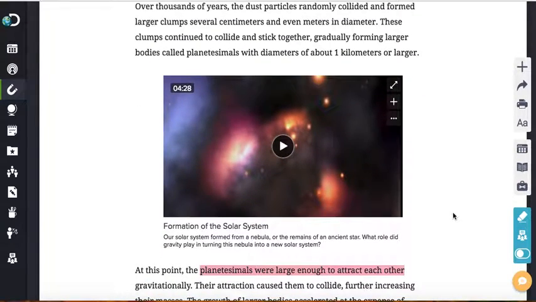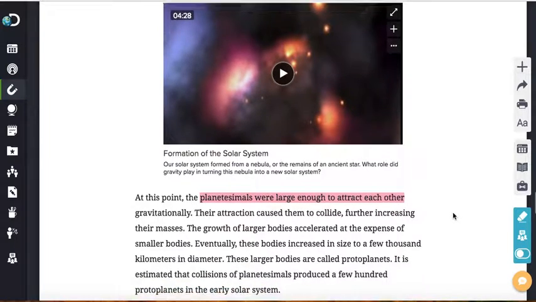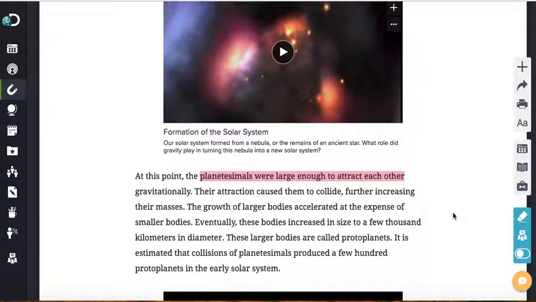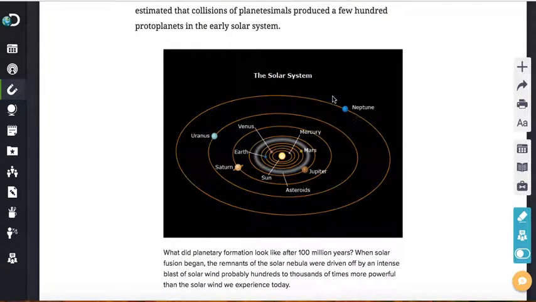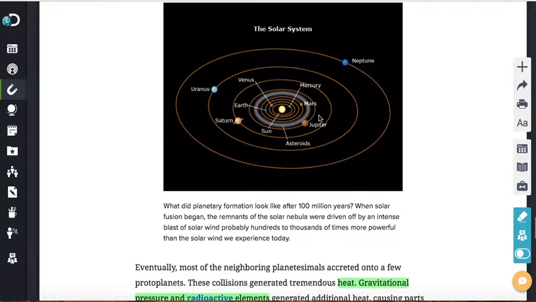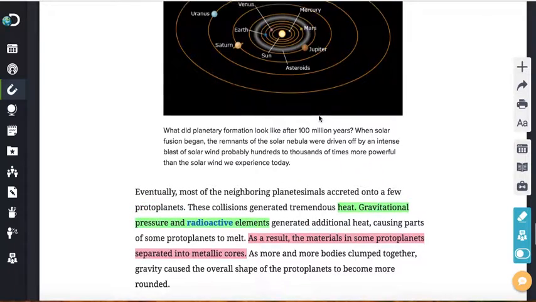And that's what they're saying: Pluto hasn't finished doing that yet. Pluto hasn't gathered everything in its path. Will it ever? I don't know how long it'll take, but we won't see because we'll be long gone. Over time, time will tell whether or not Pluto ends up gathering everything in its path. After a while, they kept colliding until we had the 9 planets that we have today.